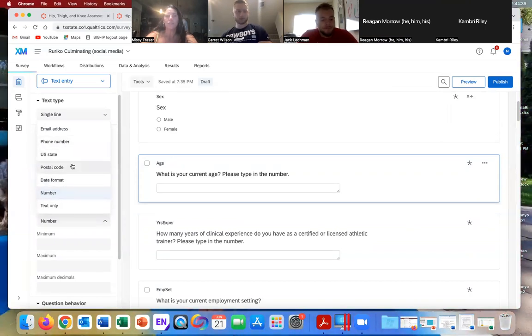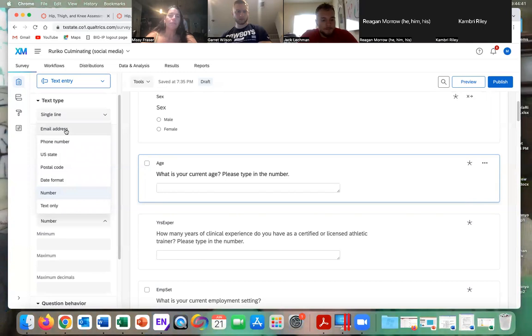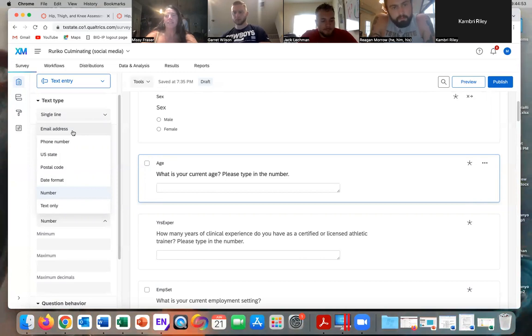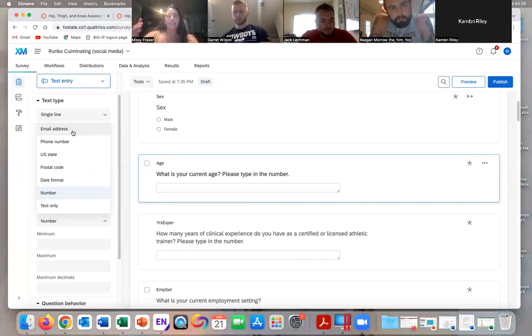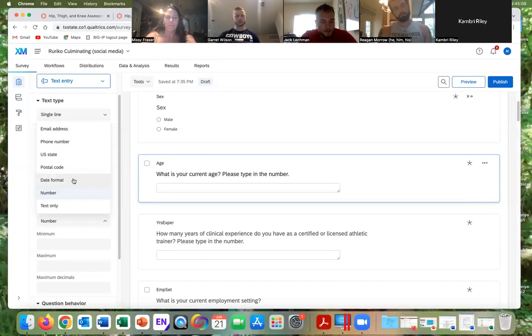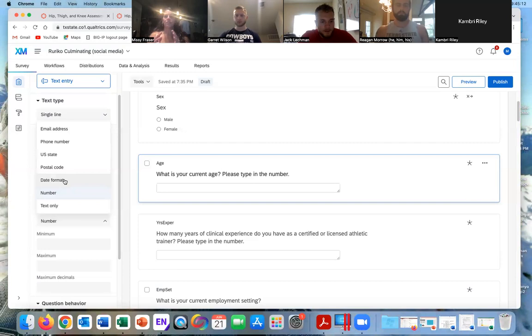So if you're trying to make sure that they give you their email address, so that way you can contact them with follow-up questions or something later, and it's a valid email address. Like they couldn't put Missy Frazier at TX State because it needs the .edu at the end kind of thing. Or like postal codes, if they put in something crazy, or US state, pardon me, like all of that stuff can be set. Or if you want to do a date format, you can change it to be,